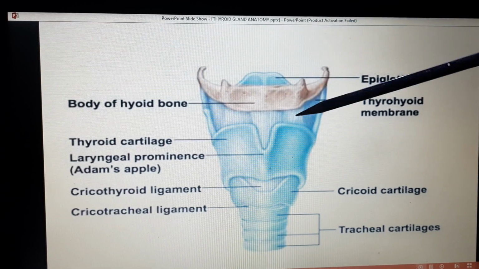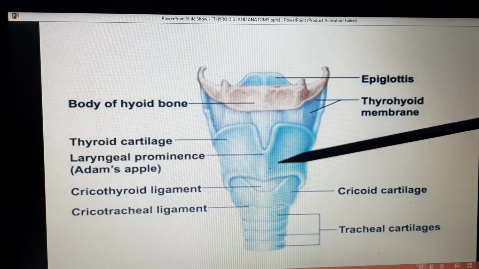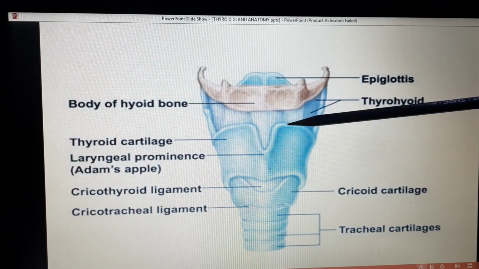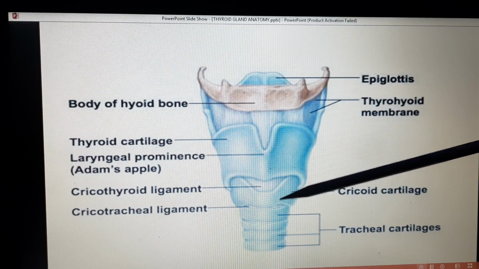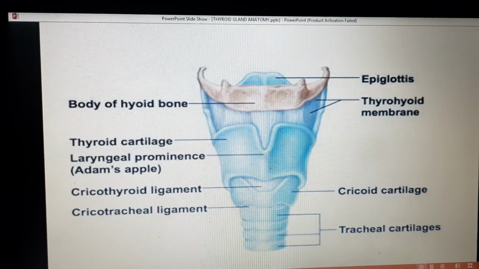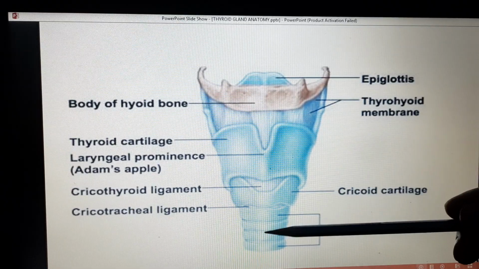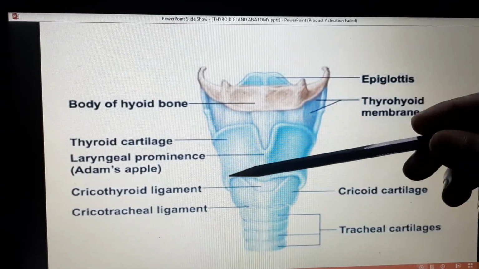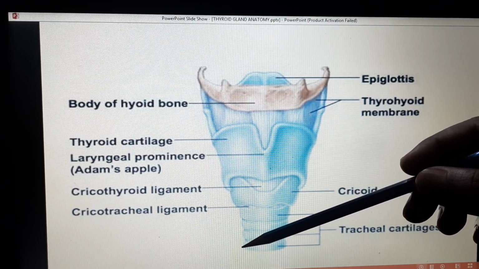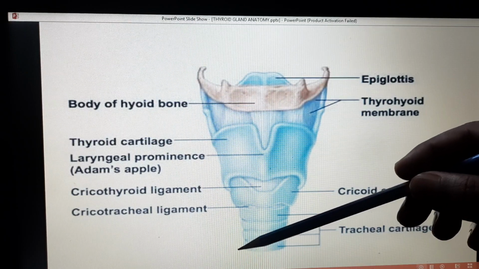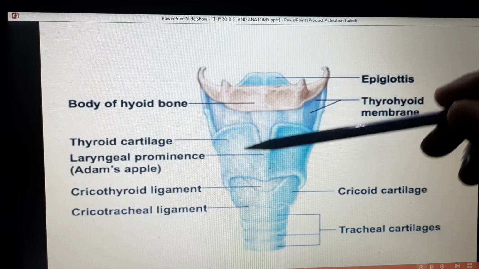This is a structure of the larynx, and this is the trachea. The larynx consists of thyroid cartilage and cricoid cartilage, and there are also other cartilages. So this is thyroid cartilage, this is cricoid cartilage, and these are tracheal rings. The isthmus lies against the second, third, and fourth tracheal rings, and the lateral lobe lies below, down to the fourth or fifth tracheal ring, and extends above up to the oblique line of the thyroid cartilage.